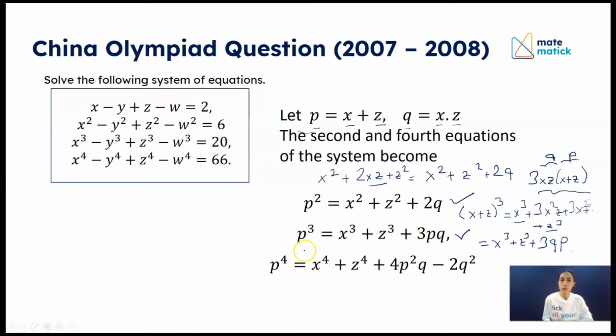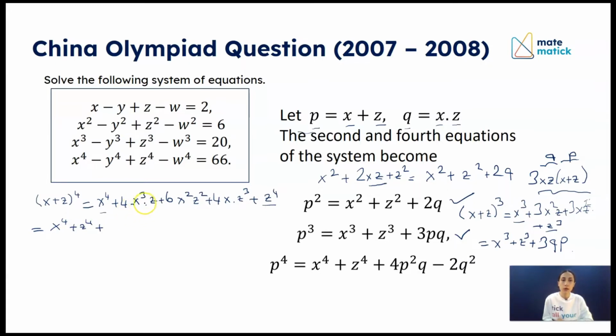So p cubed is equal to x cubed plus z cubed plus 3pq. Now let's check p to the power of 4. I know that p is equal to x plus z, so here I'm writing (x plus z) to the power of 4. How can I write this? It is x to the power of 4 plus 4 times x cubed times z plus 6x squared z squared plus 4x times z cubed plus z to the power of 4. Here, x to the power of 4 and z to the power of 4 I cannot change, so I'm leaving them as they are. So it is x to the power of 4 plus z to the power of 4 plus